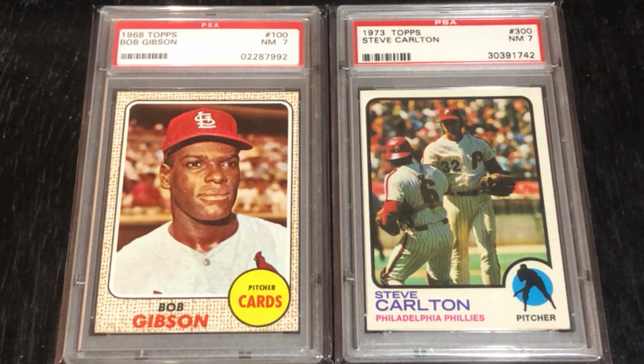Now, Gibson, you might ask, well, he had the lower ERA, and he also had a lot of strikeouts that year. He did not win the pitching Triple Crown, though, because he did not lead the league in wins. He only had 22 wins. But with that 1.12 ERA, you would think that he would have ranked higher. But if you look at the Major League average that year for ERA, it was only 2.98 in 1968,